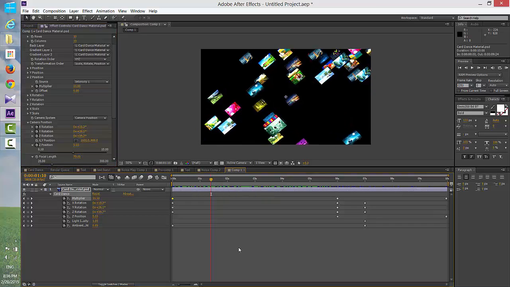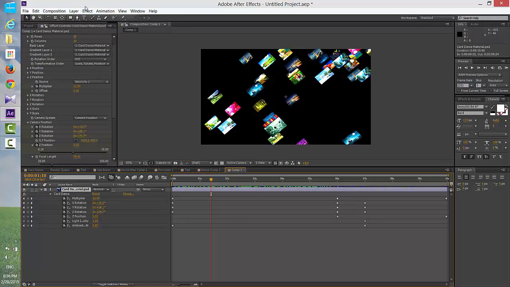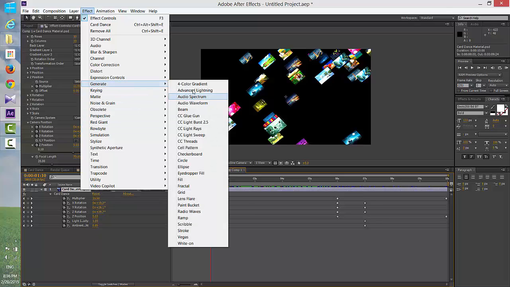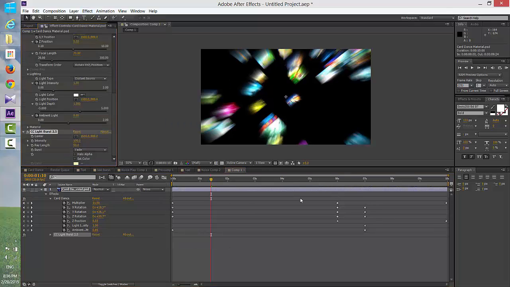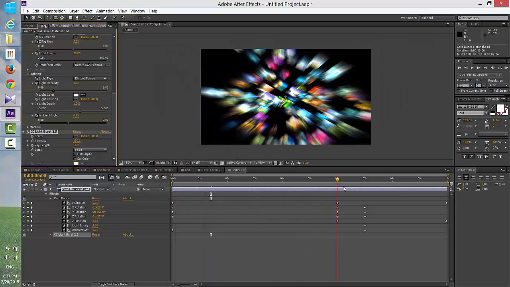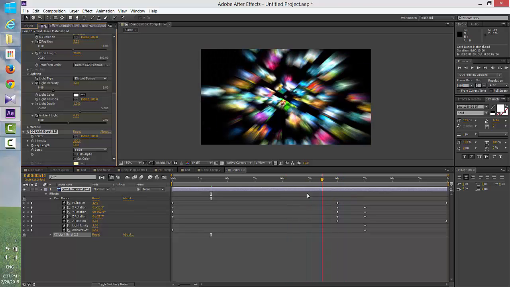This jazzing up we can do in many different ways, glow, etc. But I would like to use one, so that I can show you one more effect as well. So selecting the layer, going down to Effect, and going down to Generate, there is something called Light Burst. The problem is, wherever Light Burst rotates, it tries to throw everything towards the screen. This is something we don't want. Like in this case,